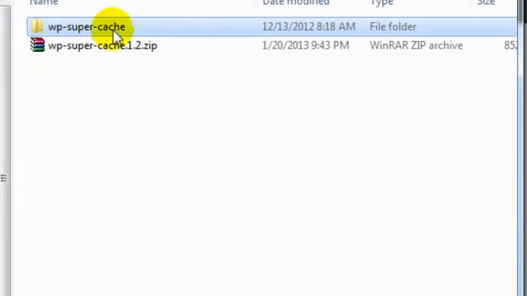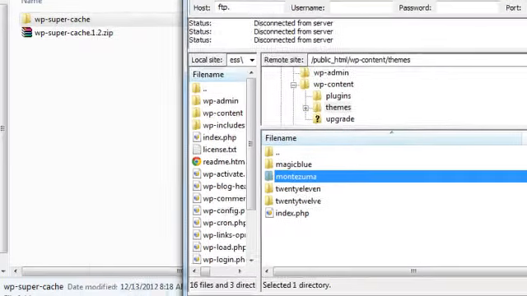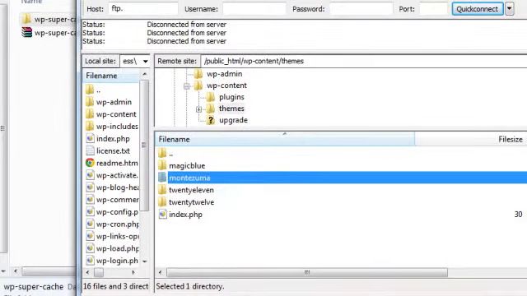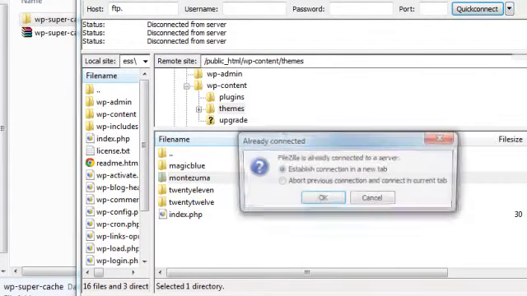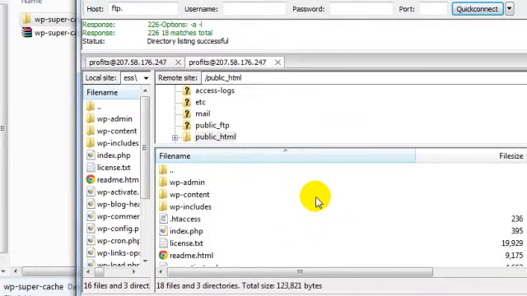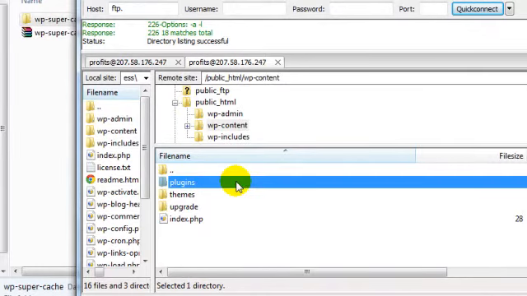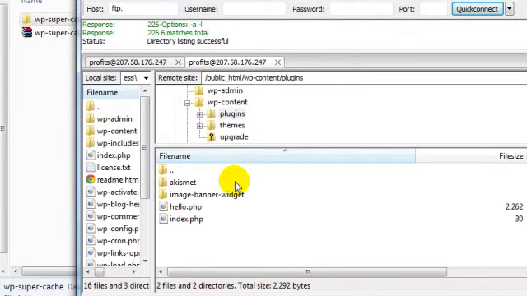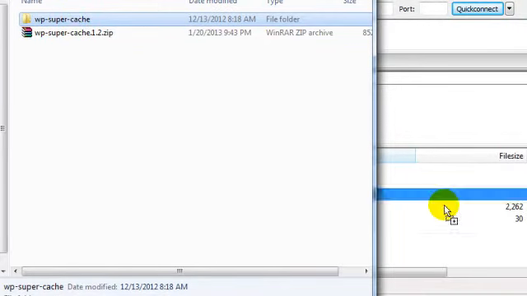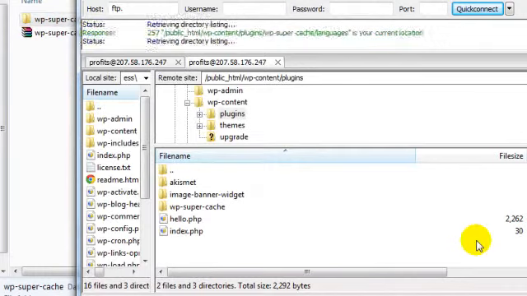Now, if you install it through FTP software, unzip this folder. So we got this folder here. Go to the FTP program. In this example, we're using FileZilla. You need to connect to your FTP site. You're going to locate your WordPress files, locate the wp-content folder, the plugins folder after that, and simply drag and drop the folder here. So simply get this folder here, drag and drop it over to here,